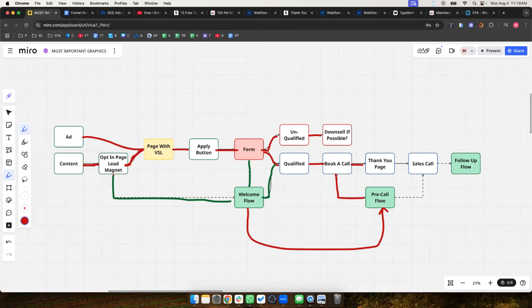The welcome flow, the pre-call flow, and the follow-up flow are going to look very similar. If you find yourself creating those and they look basically the same, that is correct. You need to give them the information, and the information is the information. It's just the welcome flow is something that's basically educational based on 30 days. The pre-call flow is, basically I do 18 emails, one every 6 hours or one every 4 hours for 3 days before the call, which is basically taking that welcome flow and condensing it as much as possible, as fast as possible.